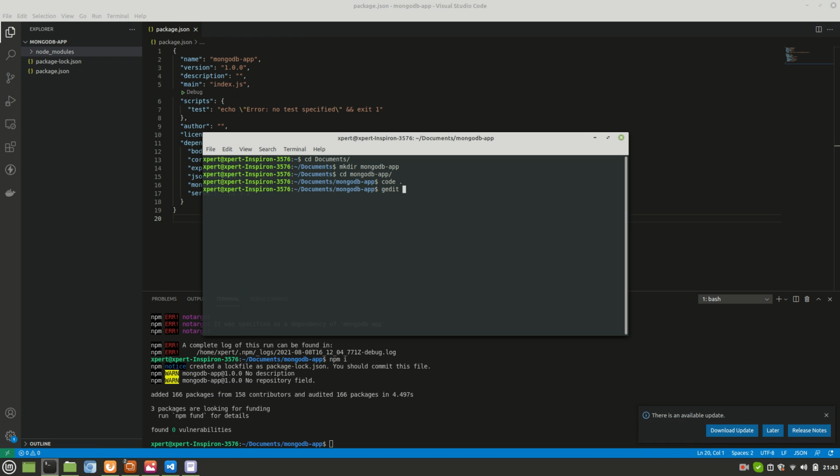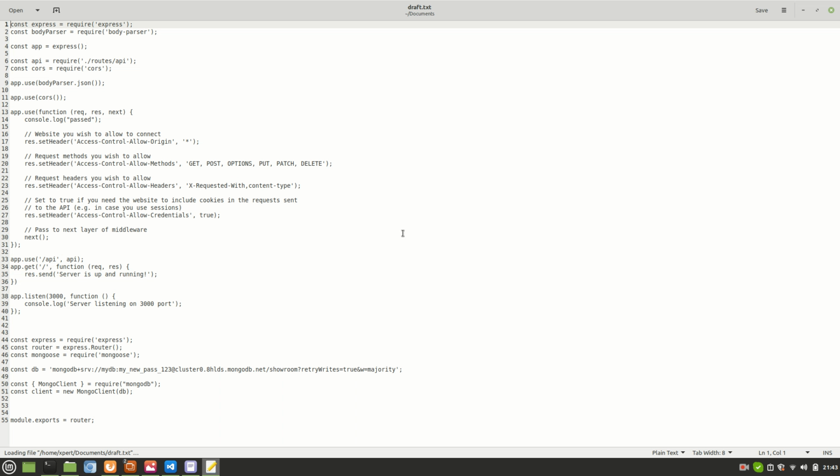So one is this, cd dot. Okay, so just to save the time, I'll just copy paste these files for now, and I'll provide these two files in the description also. Let me add this one by one.